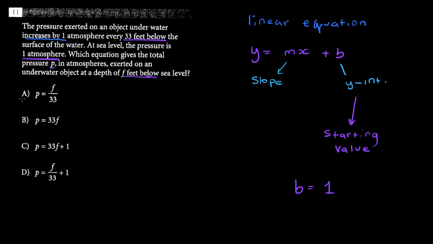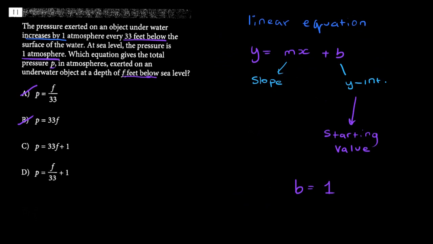And so we automatically can cancel out options A and B because they don't have the y-intercept equal to 1. They have a y-intercept of 0. Okay, so A and B are out automatically. And so now it's all about finding the slope. Okay, and the easiest way of actually finding the slope here is by subbing a random value into